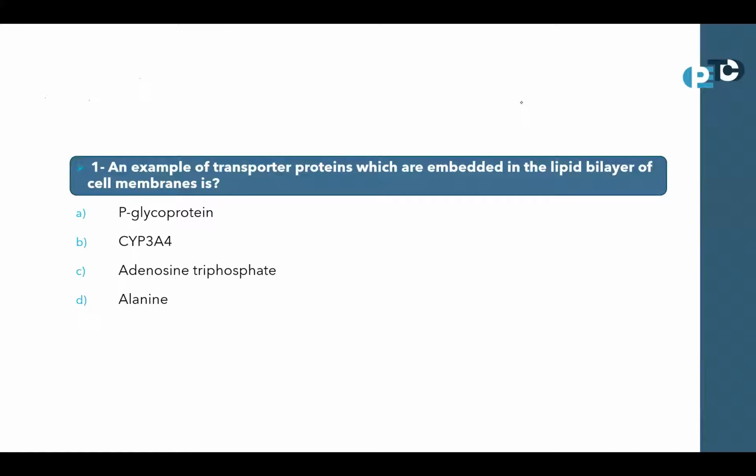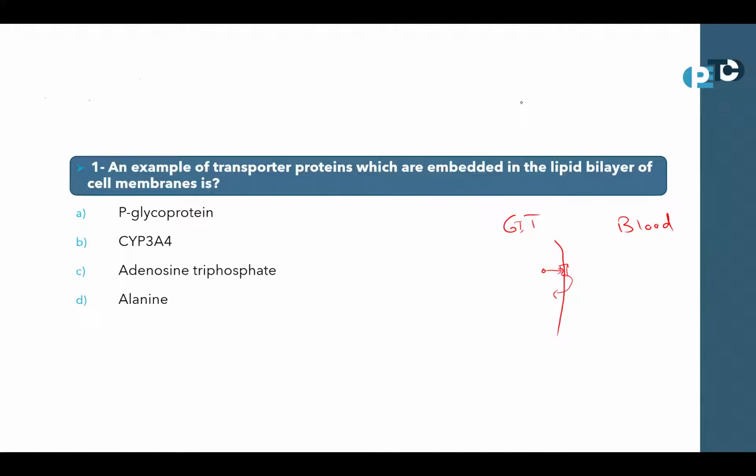A transporter protein transports a substance from one side to another side. Suppose this is the transporter protein, and here the GIT, for example, and here the blood stream. The transporter protein here will bind to the substance that needs to be absorbed,